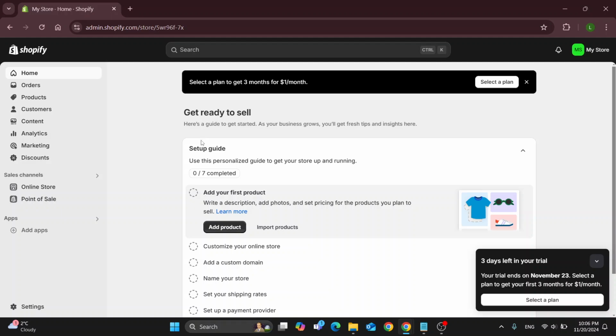So the first thing you want to do is to go ahead and open up the official Shopify website right here, shopify.com if you have not already, and after opening it up, you'll be greeted by this main page right here where you want to go ahead and log into your account. So go ahead into the upper right corner and log into your account, and after successfully logging in, you'll be